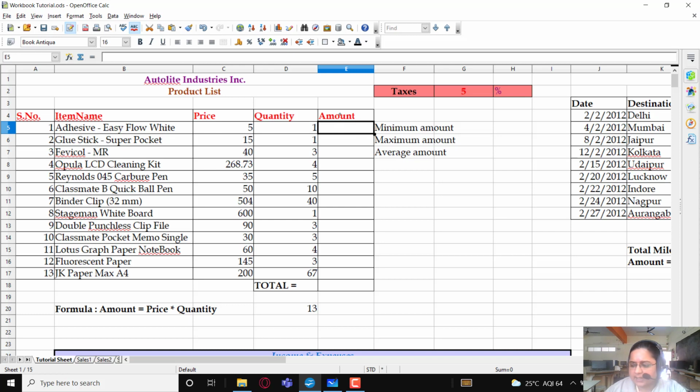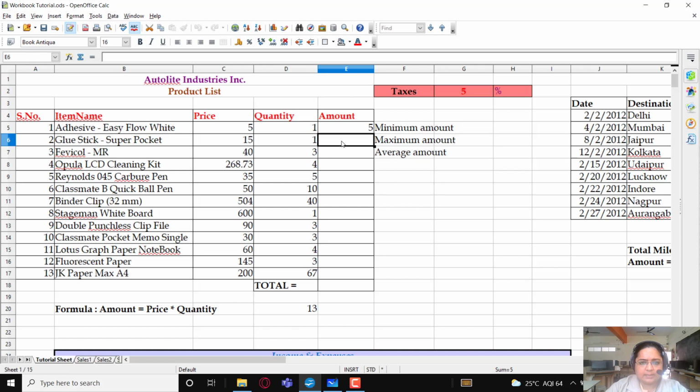Within this cell E5, we are going to insert a formula, and that would be equals price into quantity. The first price is within the cell C5, and the quantity is within D5. So we would be typing the formula like this: C5 into D5, and press enter, and the formula is applied and the value is calculated. On the formula bar you can see the formula here.